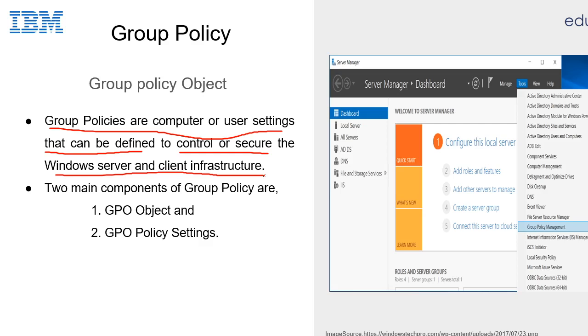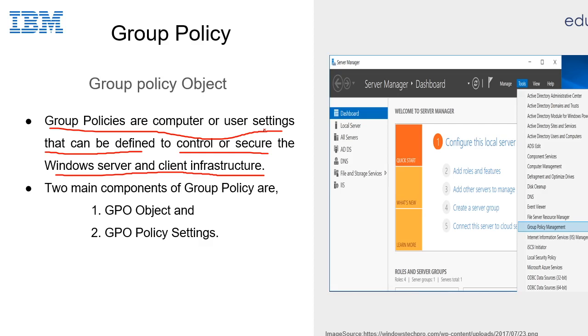So the child or users will have control access of the domain or server. Policies are nothing but user settings that can be defined to control or secure the Windows server and client infrastructure.